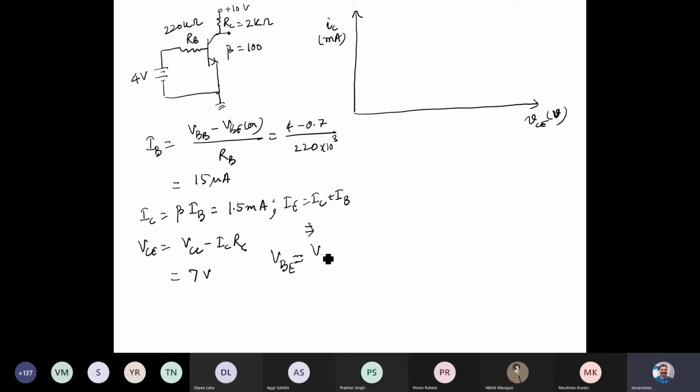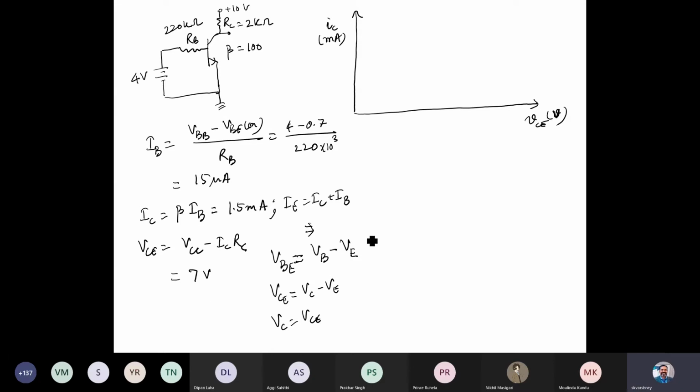This is a voltage difference, a potential difference between the two terminals, base and emitter. Since your emitter terminal is connected to ground, your VBE would simply be 0.7. And if you want to find the collector terminal voltage, that will be VCE, which is VC minus VE. So your VC is your VCE, at the same voltage, and VE of course is 0, ground potential.